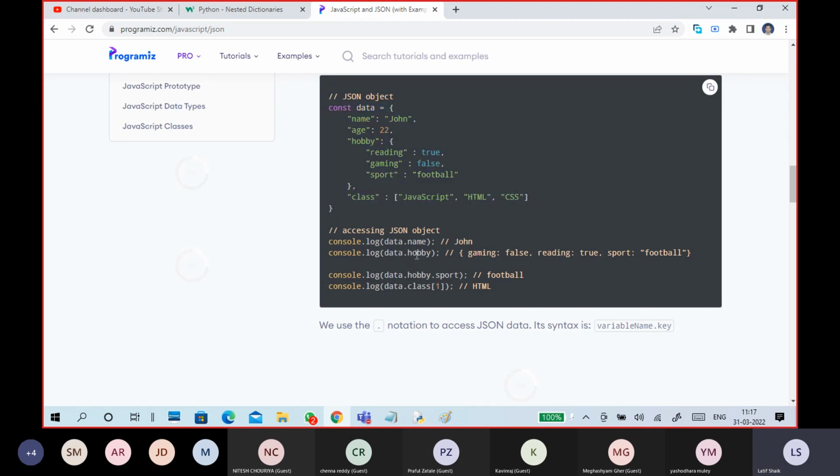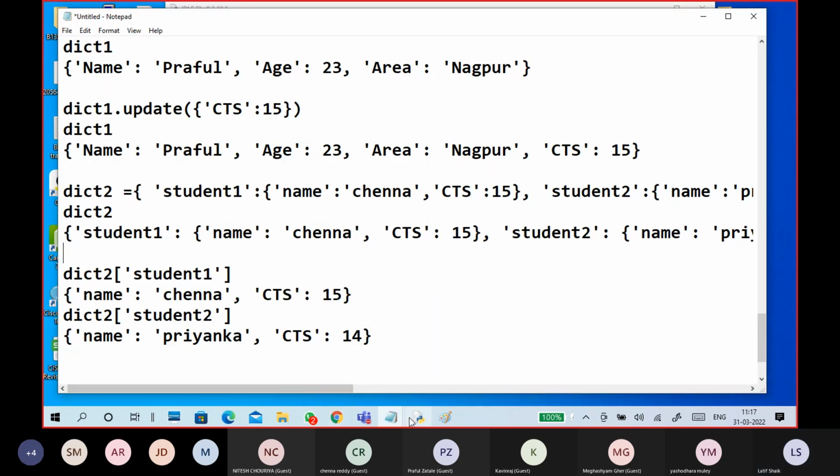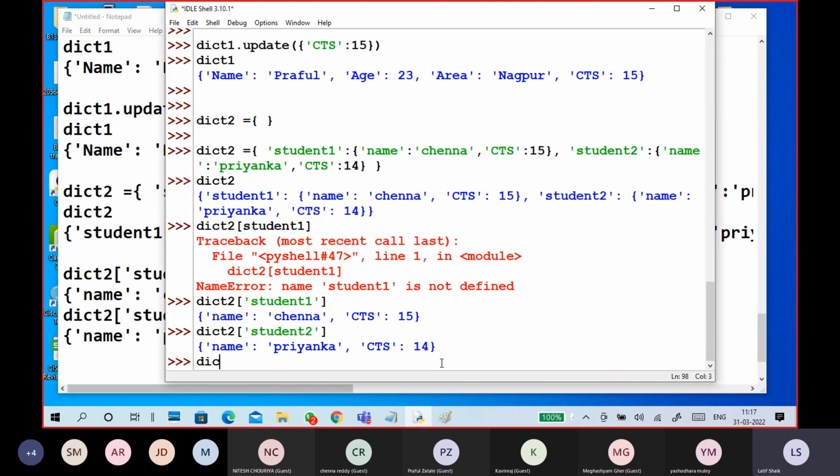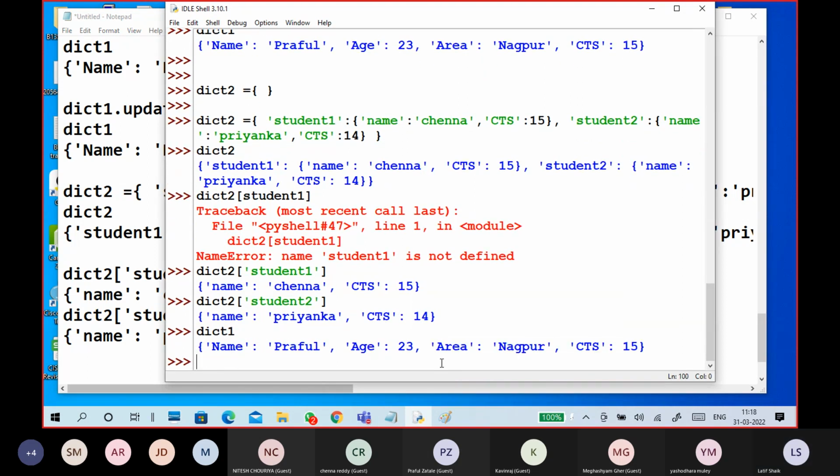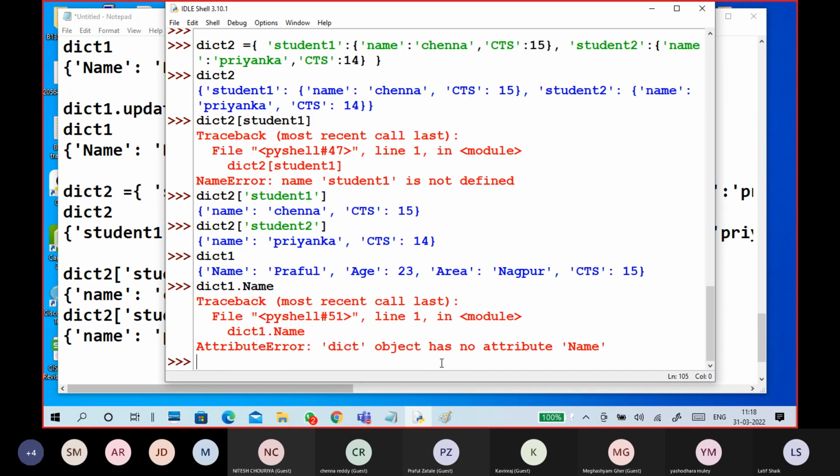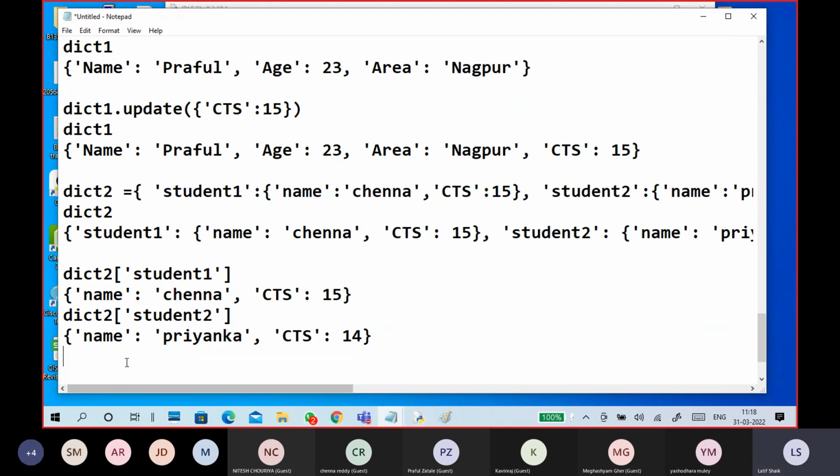So data dot name, data dot like this is given. It won't work here. So that's it. That's it for a dictionary, guys.